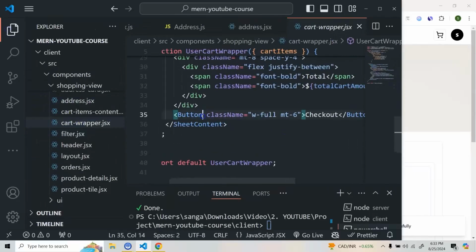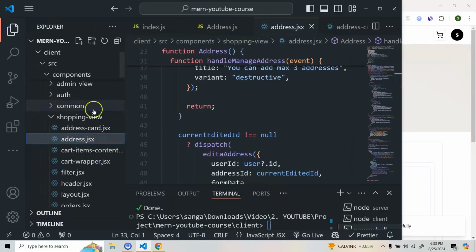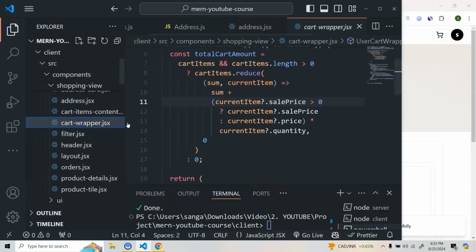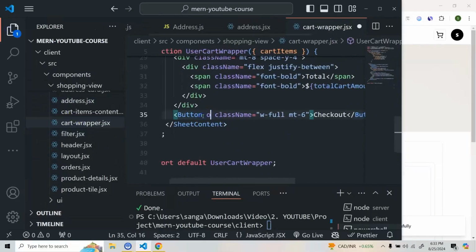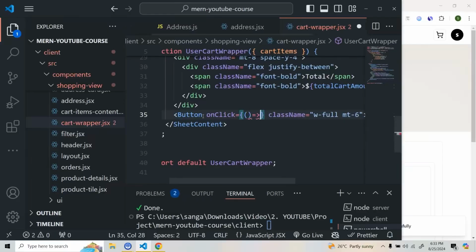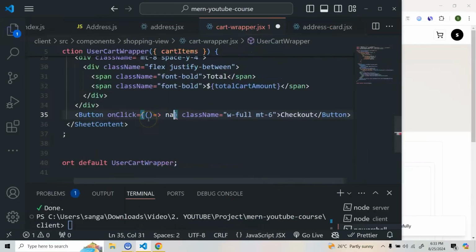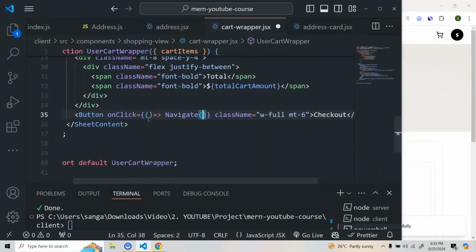Next thing we need to do, first let's go to our cart page once. We need to do one more thing, and that is we have our cart wrapper, and here we are having the checkout, right? On click of this, we need to go to the checkout page. So we have navigate, so we'll go to /shop/checkout,